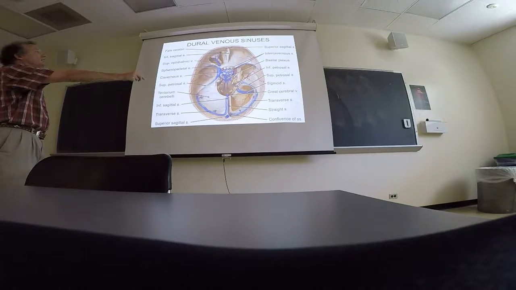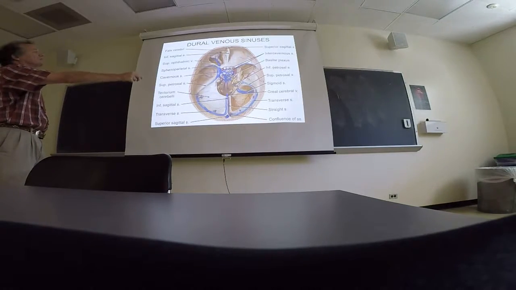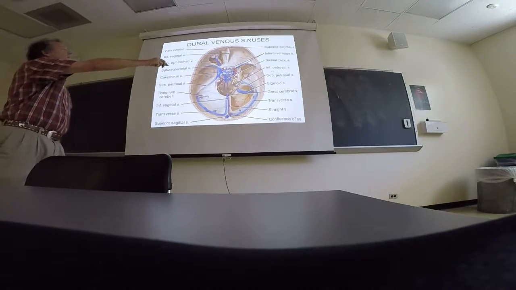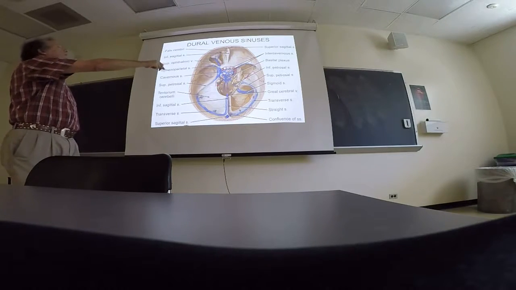There's a big basilar plexus here. This is your sella turcica. There's your pituitary gland. So this cavernous sinus on this side and the cavernous sinus on this side are connected to each other by this series